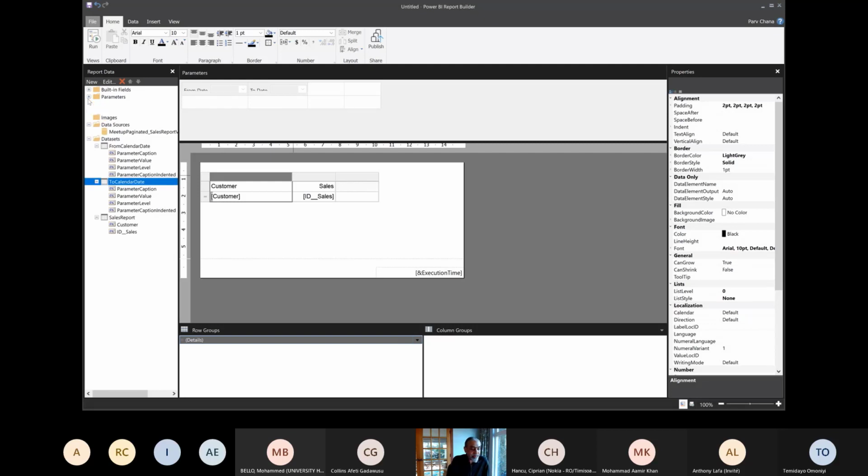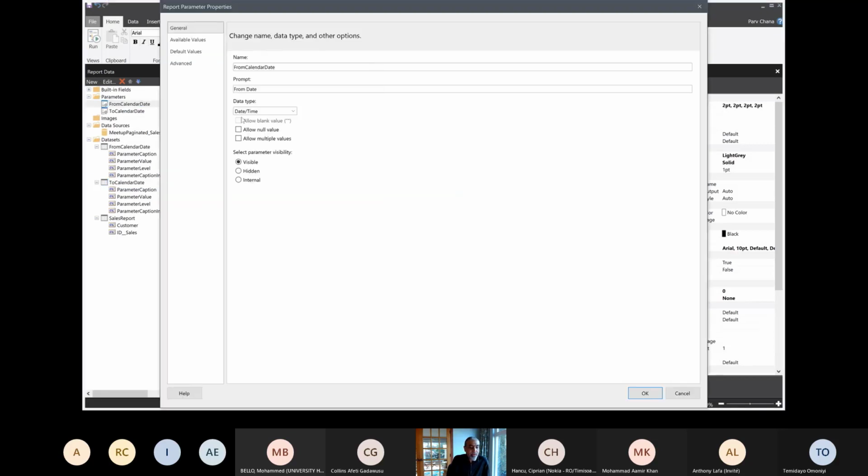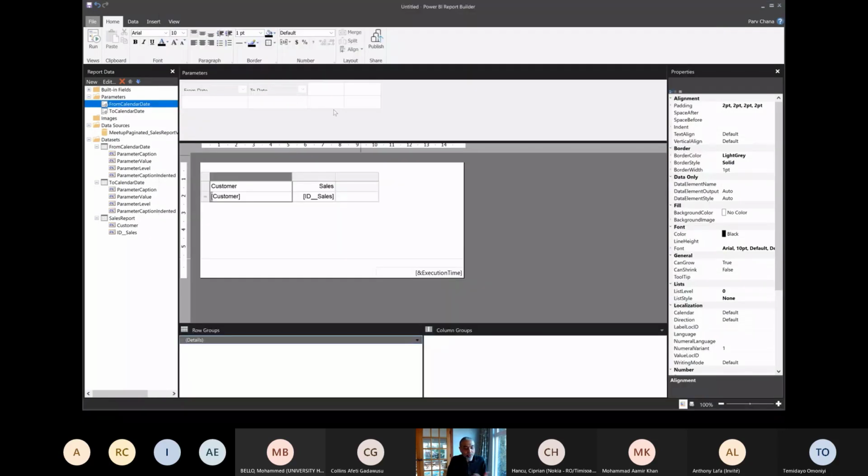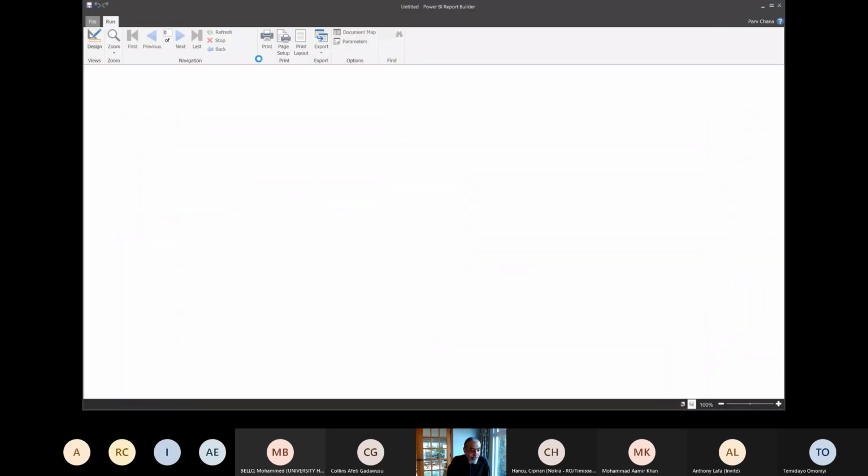Those queries are used in the parameters. So if we go in the parameter section, there's a from calendar date. If we go in parameter properties, it has available values that are coming from the hidden data set it created, it's picking up the values from there. So if we run this report right now, what you will see is